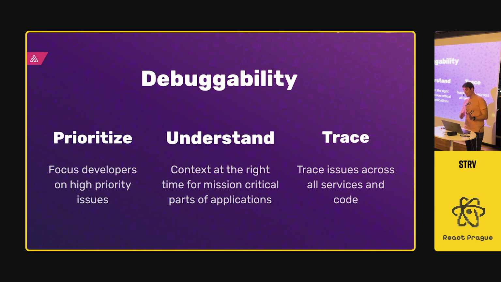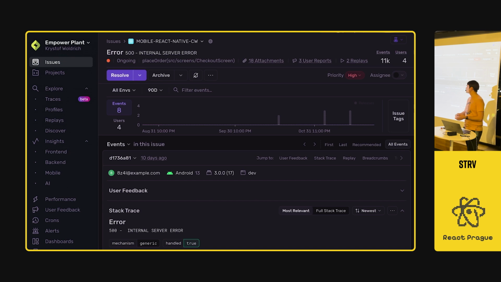Okay, so I went through the 3 pillars, but how does it look in practice? So I'll jump into Sentry and open my 500 error coming from the server. So that's already a pretty good hint to what we'll be looking into. But